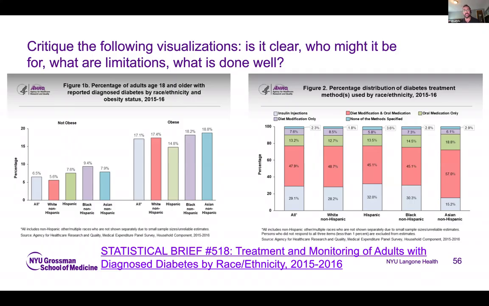So within the last 10 minutes or so, this is just the source of this. I was wondering, based on the things we've discussed, what your thoughts and critiques might be for comparing these different visualizations. These are showing different sorts of items pulled from AHRQ, but what works well, what doesn't work well, and what might you try doing to present things differently?